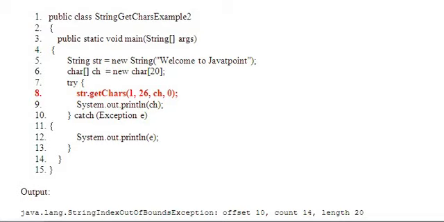That is the reason a try block is specified, try and catch. Exception handling. The concept of exception handling we will be discussing later. At this point of time, once you use this try block, if at all there is an error, automatically the control will be transferred to the catch block and raises an exception. So an automatic exception will be raised, and here the exception raised is StringIndexOutOfBoundsException.